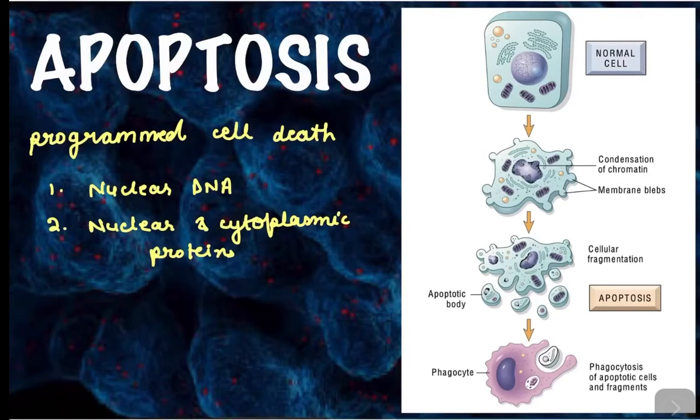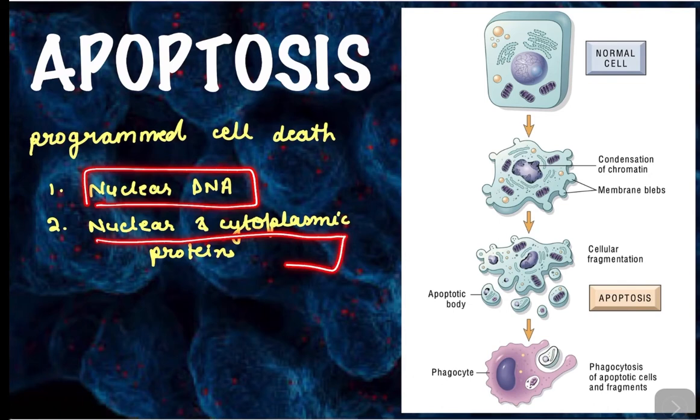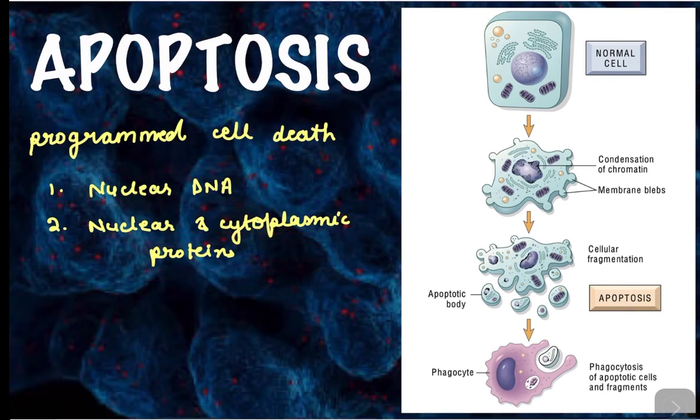Hey everyone, so today in this video I'm going to give an overview about apoptosis. Basically, apoptosis is programmed cell death. The cell activates enzymes that degrade first the nuclear DNA and second the nuclear and cytoplasmic proteins. So basically in apoptosis, the plasma membrane remains intact and the apoptotic cell breaks off, giving apoptotic bodies, which are phagocytosed